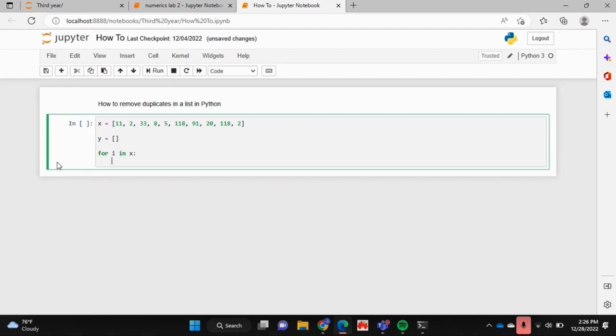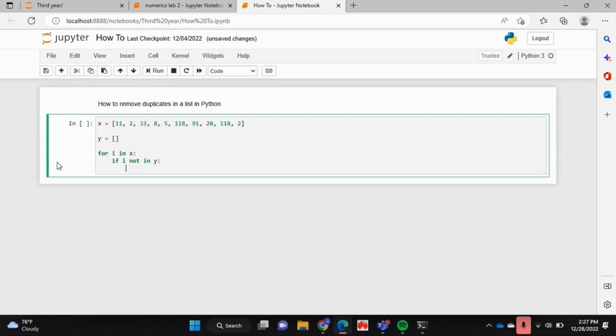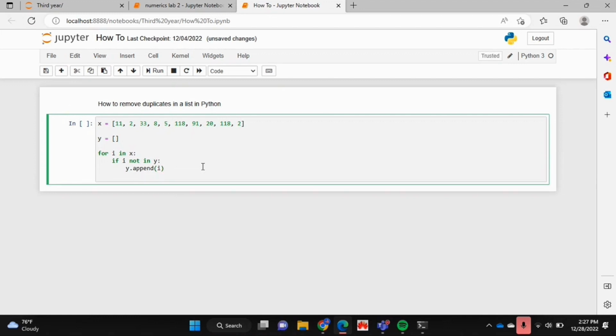Now what we're going to do is say if i is not in the empty list y, then we're going to append i to y. So basically, if whatever number that's in our x list over here is not in y, then we're going to put it in y. If it is, then it's not going to go in y, which will get rid of our duplicates essentially. So now if we just print y,